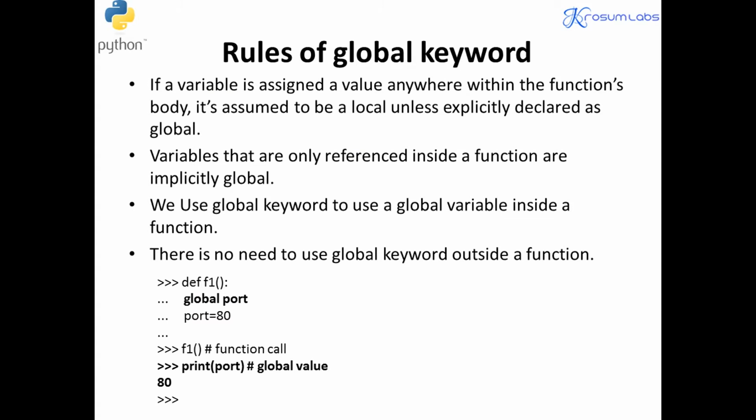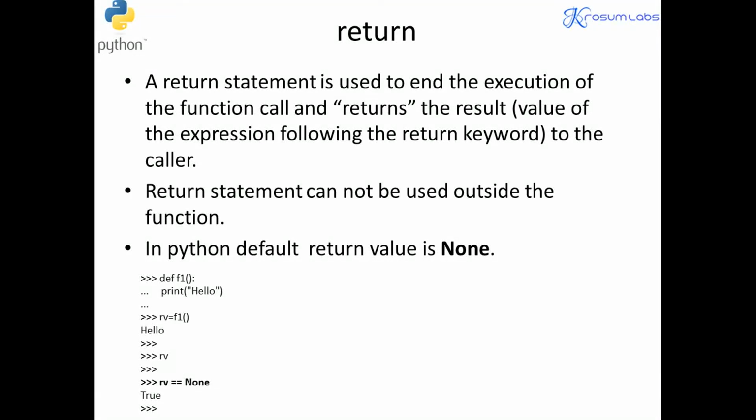So that is return. The return statement is used to end the execution of your function call. Return a result, a return value. Return is also similar to an exit behavior, exit from the function code. In Python, if you do not use the return keyword, even in a simple program, the default return will be None type. None means it's empty or null type.